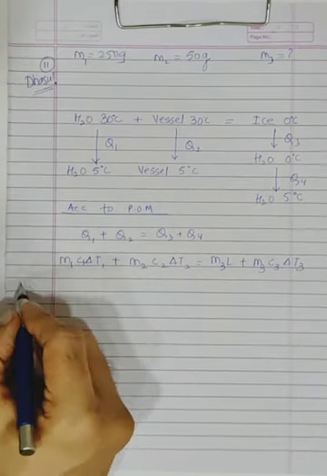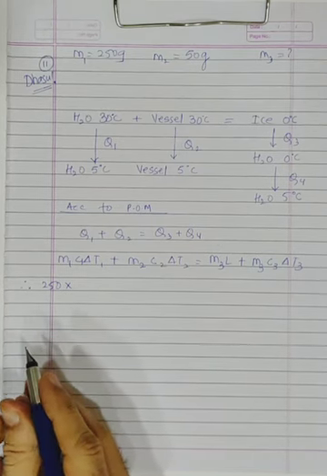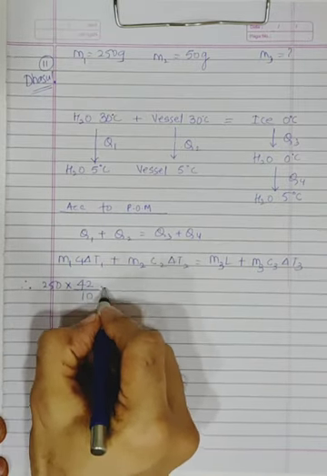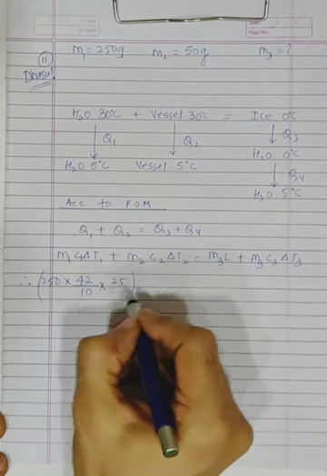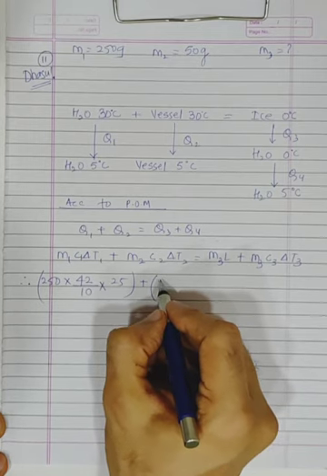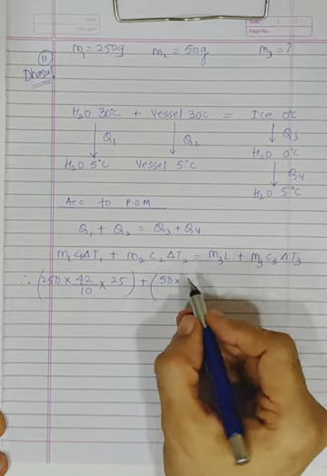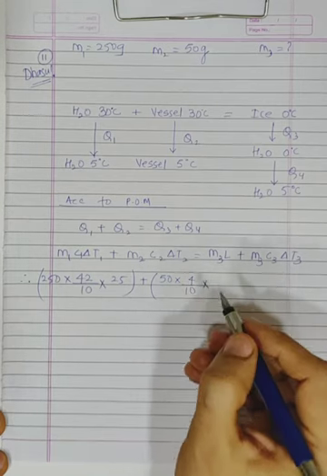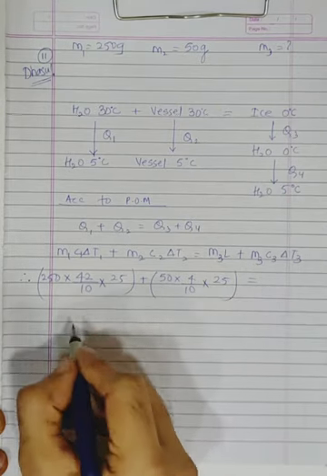So what will this become now? So therefore M1 is what? 250. What is the C of water given to us? It's given to us as 4200. So I'll take it as what? 4.2 in CGS. What is delta T from 30 to 5 degree? 25. So that's your first bracket. Plus mass of vessel is 50. C of vessel is given as 0.4. Okay, it's given as 400. So it will become what? 0.4. Purpose they give 0.4 to make the calculation tougher. What is delta T? 25.